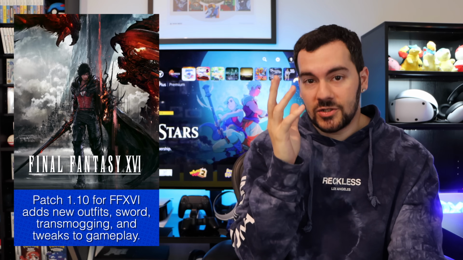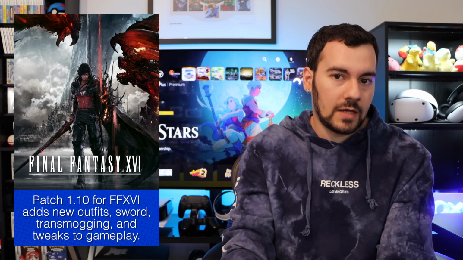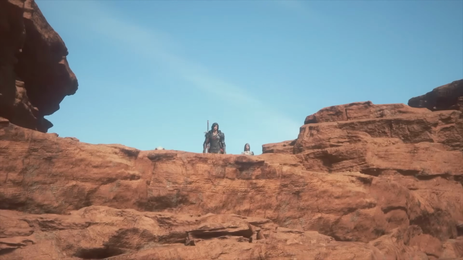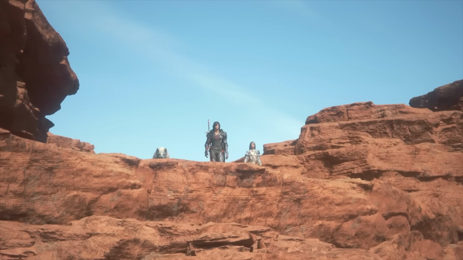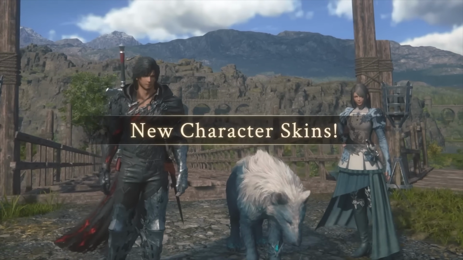But anyway, moving on to our first news story, we have a new patch for Final Fantasy XVI, patch 1.10, and this one not only includes changes, fixes, improvements, but also free content as well. So there's new alternate outfits for Jill, Clive, Torgal, and one other character, and you can also transmog Clive's sword now,